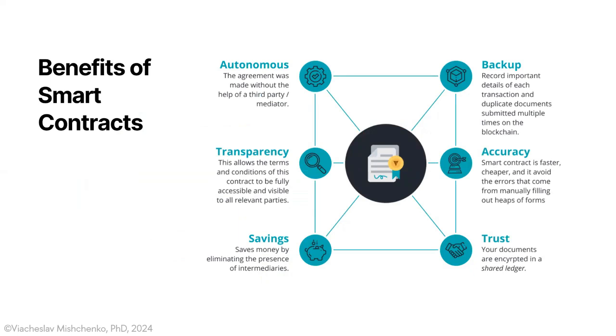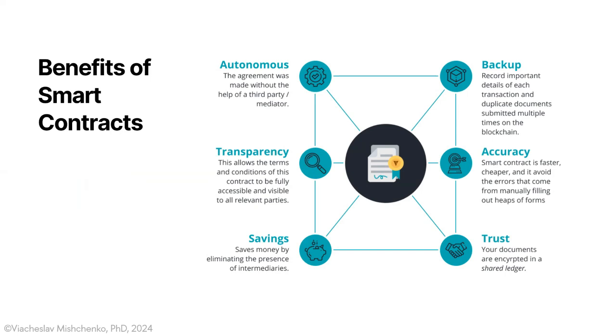And now let me share with you the 6 key benefits that make smart contracts truly revolutionary in today's digital economy. Because I've seen these advantages transform business firsthand. Starting with the autonomy. This is a game changer, actually, because unlike traditional contracts, smart contracts operate without intermediaries. And in my experience, this elimination of middleman not only speeds up process, but also reduces the potential for manipulation